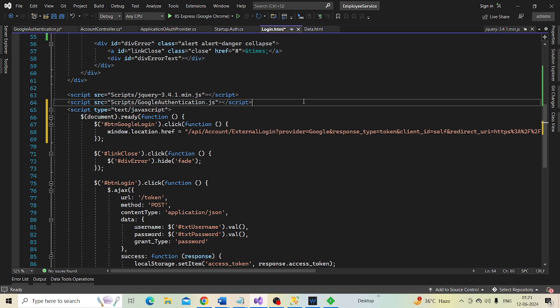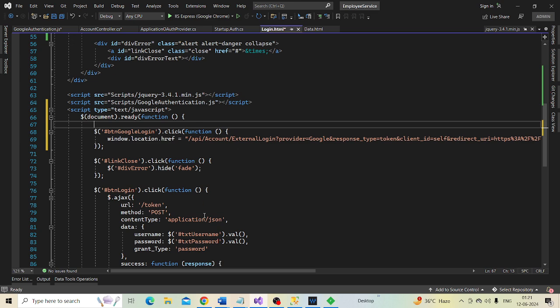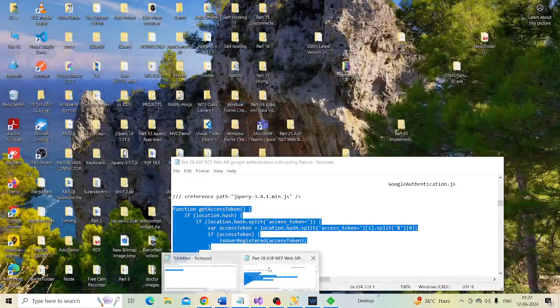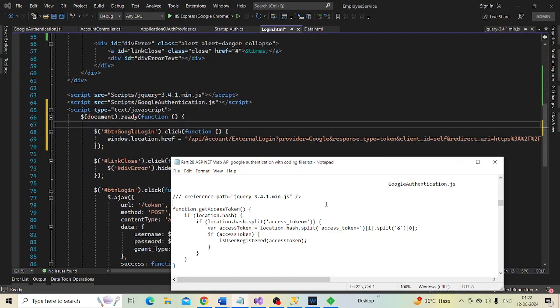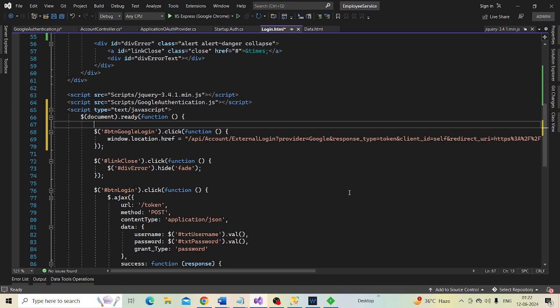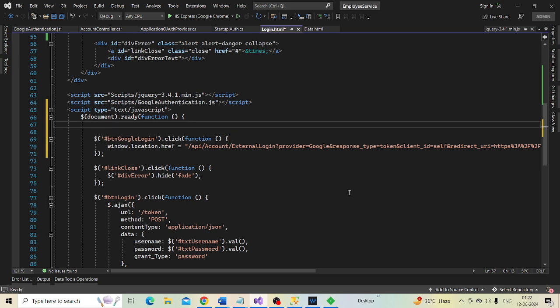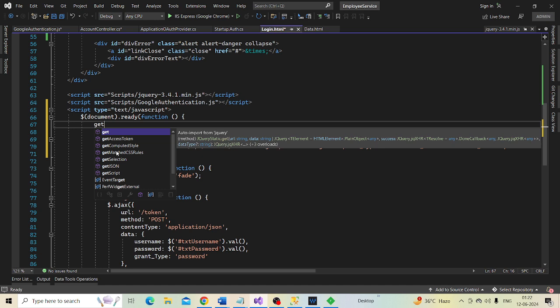Let's drag and drop this just after the jQuery file here, and then within our ready function, let's call the get access token function.